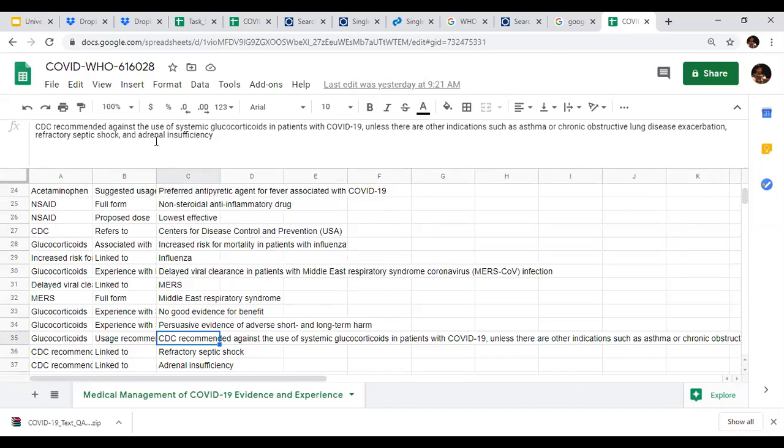So that is something which you find relatively difficult to split in multiple sentences